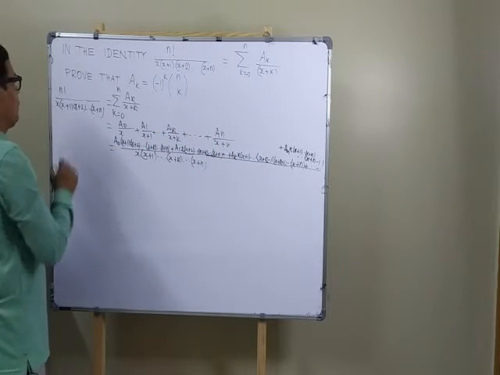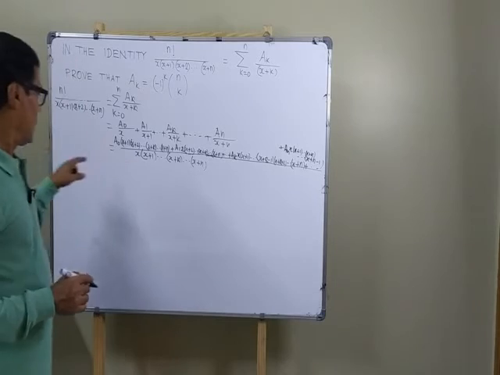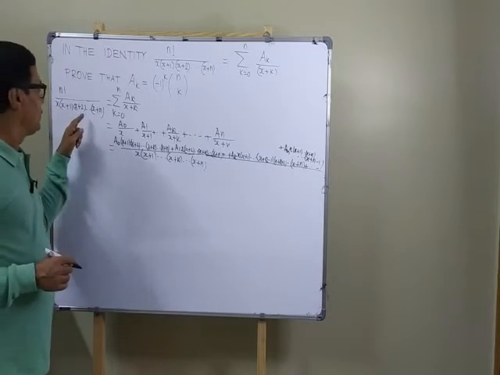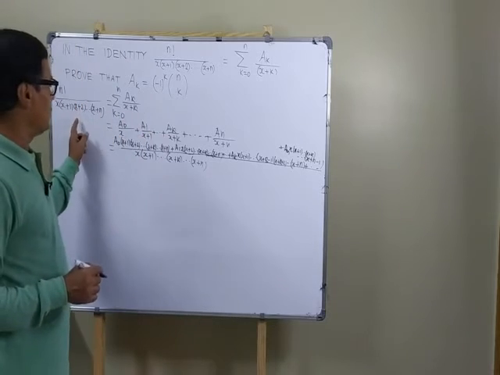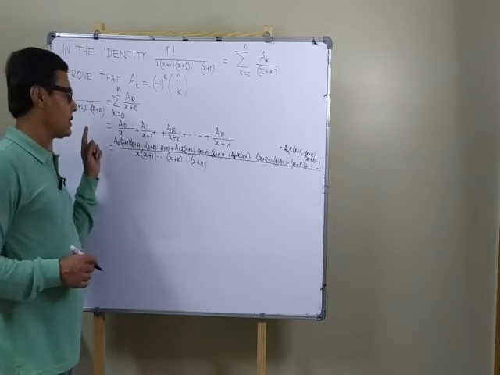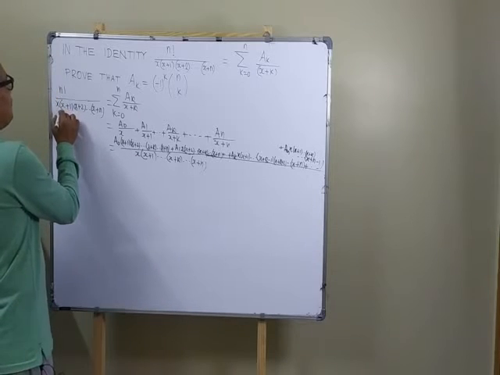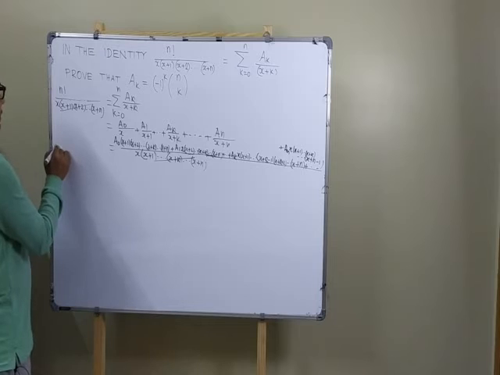n factorial over this and this over this. Here you can see that the denominators on both sides are the same. So the denominators can be cancelled out. So n factorial equal to